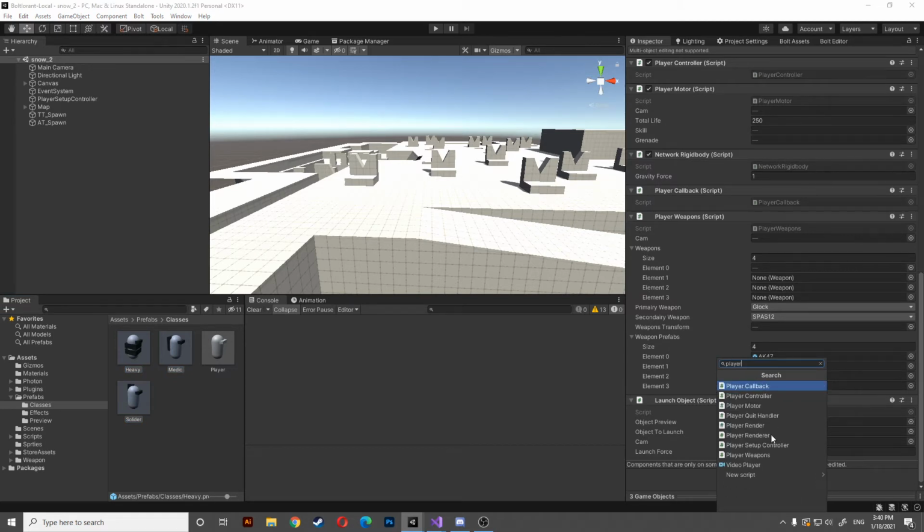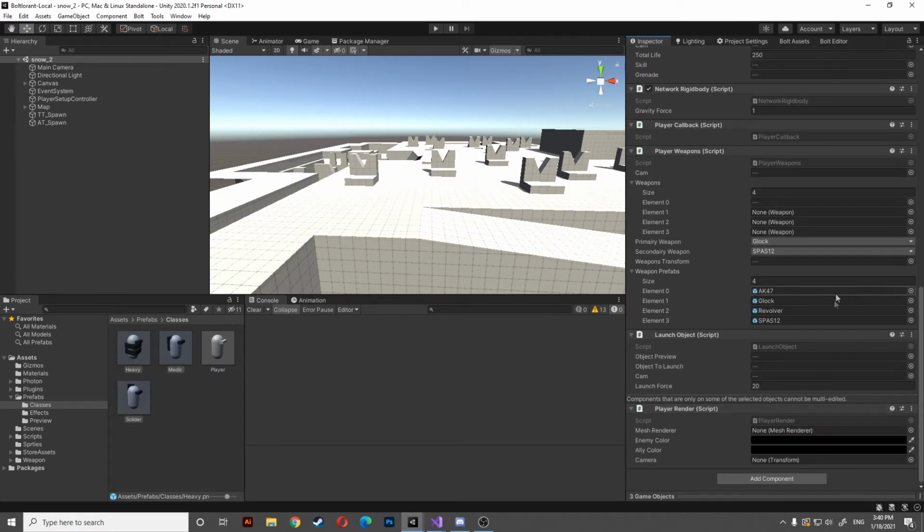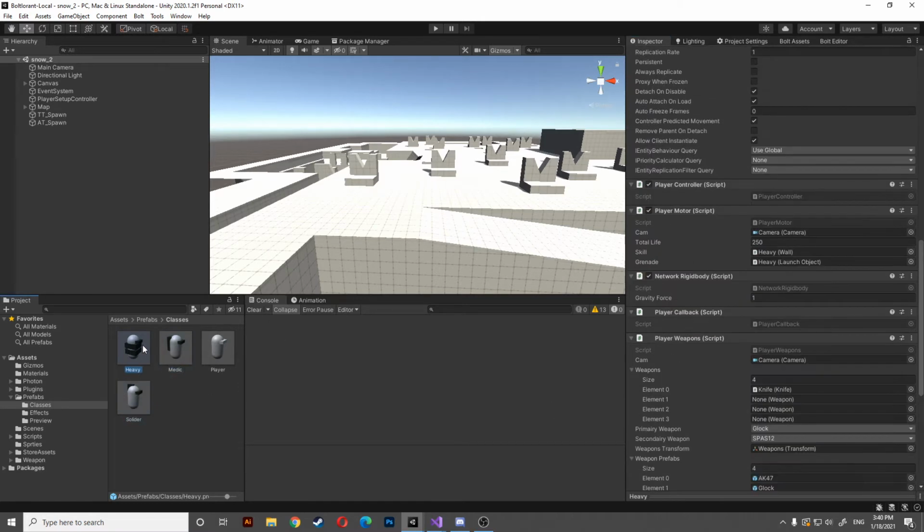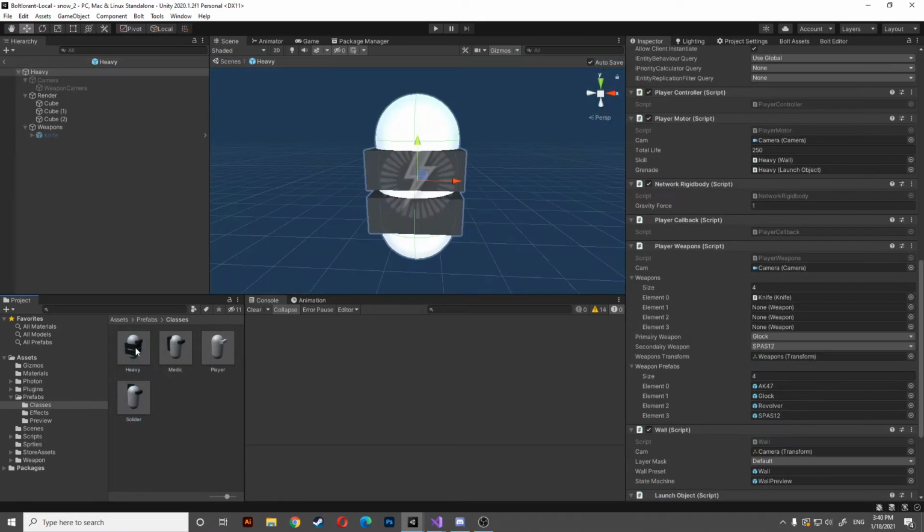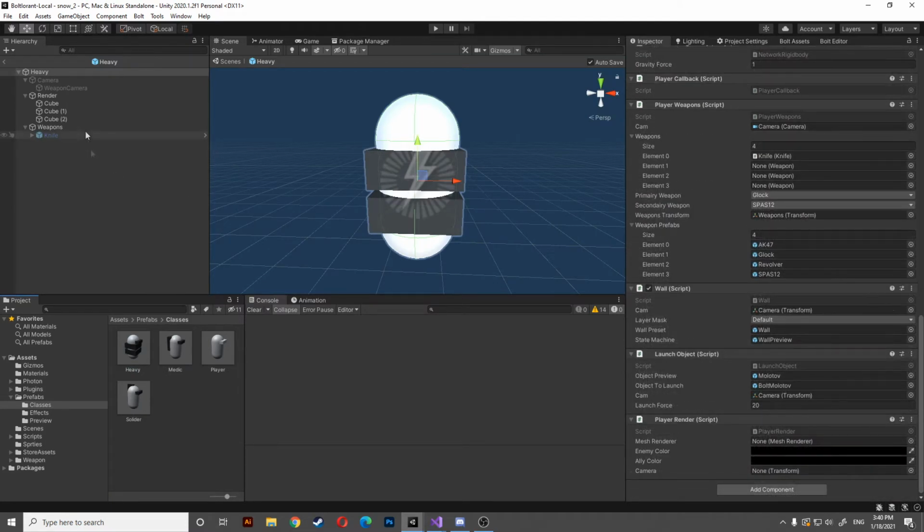player render. Maybe I have committed a little mistake here, because the prefab are not based on the player prefab, but on the original prefabs. But it's not a big deal. We don't have that many classes. So here,